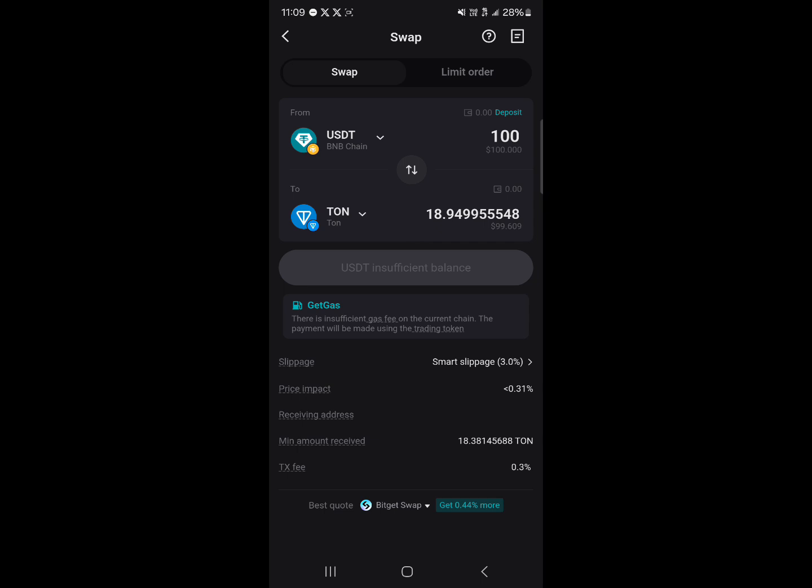So guys, that's how it's done. All you need to do is enter an amount, make sure you have enough BNB to cover the gas fees, and then simply click on swap,